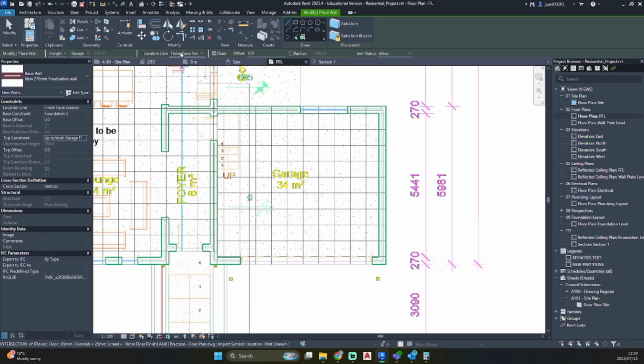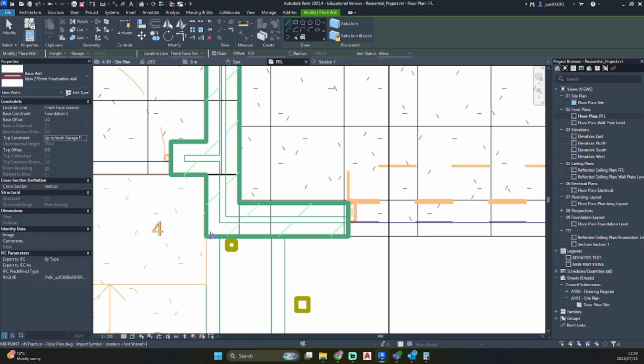And once you've selected that, we can go ahead with our line tool. Just going to take it from here. As you can see, our drawing of the wall is not visible.